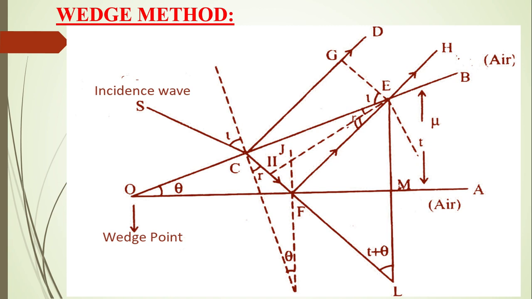We know that the sum of the two corresponding angles is equal to the external angle. So the external angle is r plus theta. This angle is r plus theta, and this opposite angle is equivalent, so it is also r plus theta. This angle is also r plus theta, called the alternate angle. Now first we find the phase difference and path difference of the two reflected rays from the top and bottom surface of the wedge shape film.